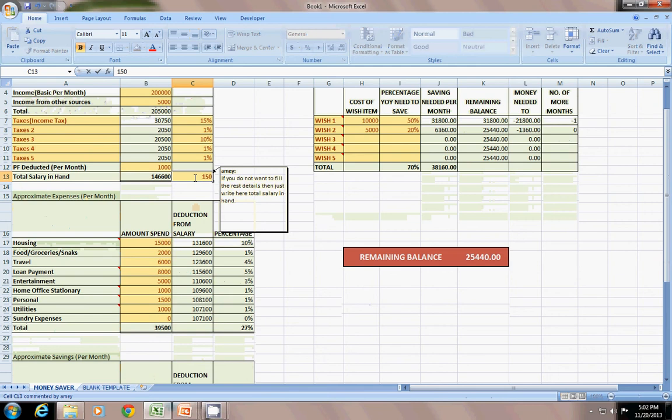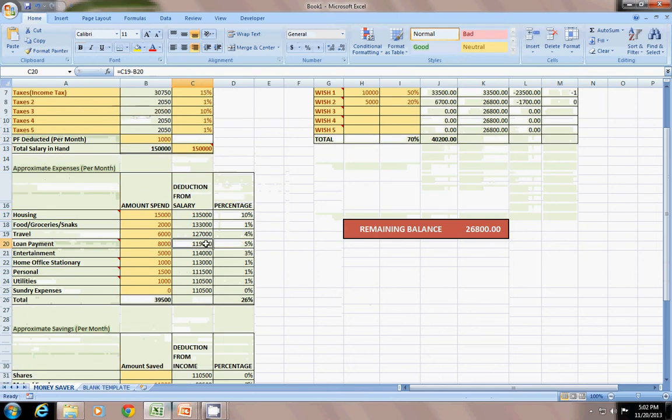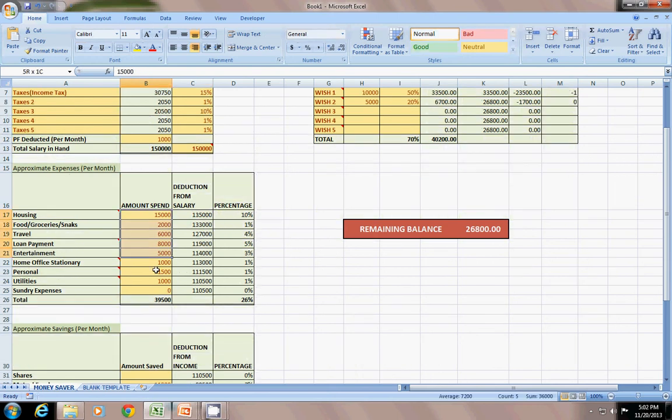Now, what is the deduction from this salary? Here I have to specify how much I spend on what things.